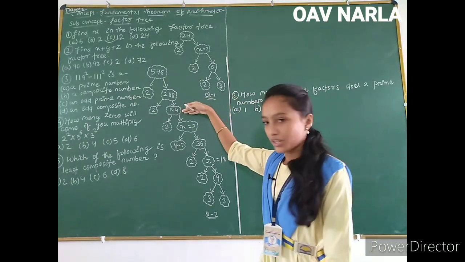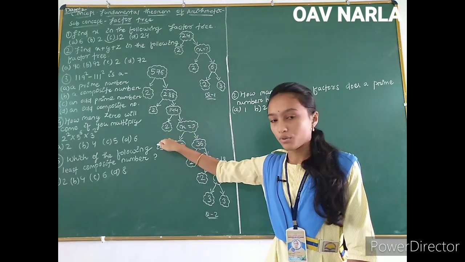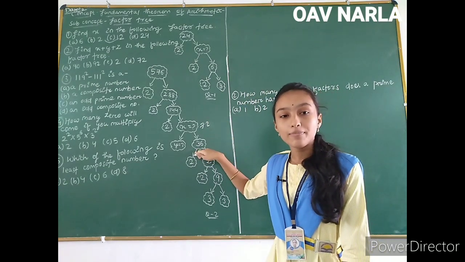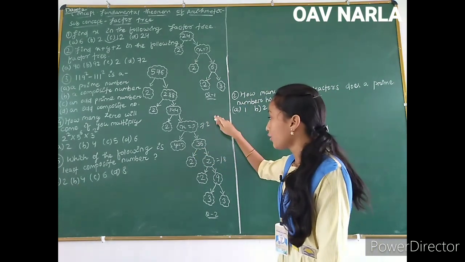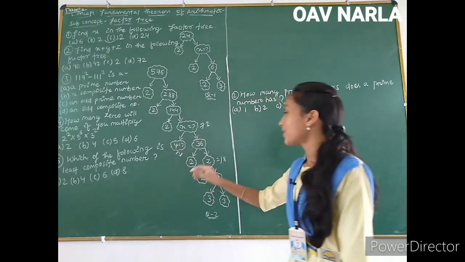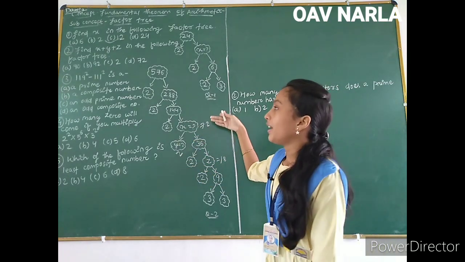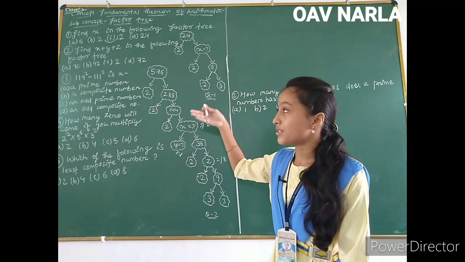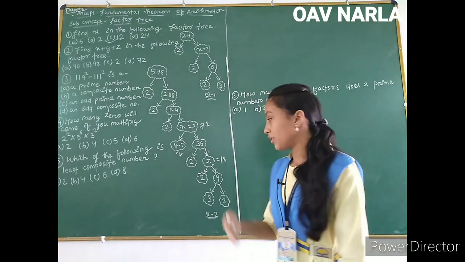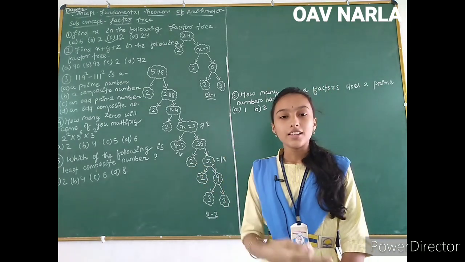Then start from here. 144 divided by 2 gives you 72, and 36 is the half part of 72. When you divide 72 by 36, you get 2. That means the value of y is 2 and the value of x is 72. The question asked us to find x plus y plus z, that means their addition. When you add 72 with 2 and 18, that gives you 92.